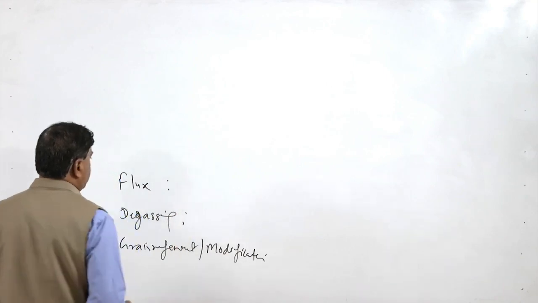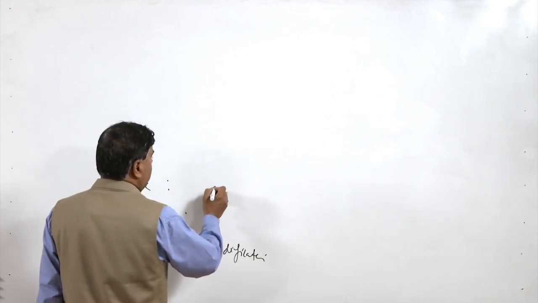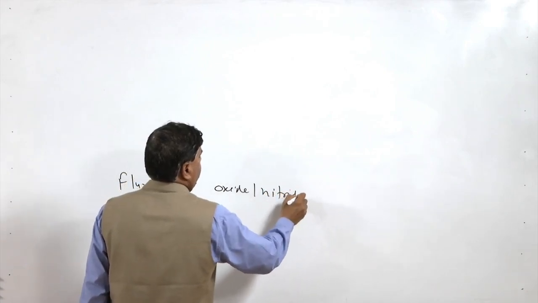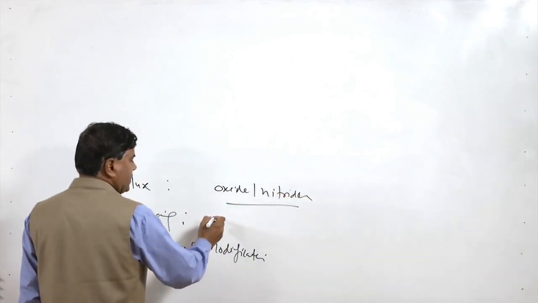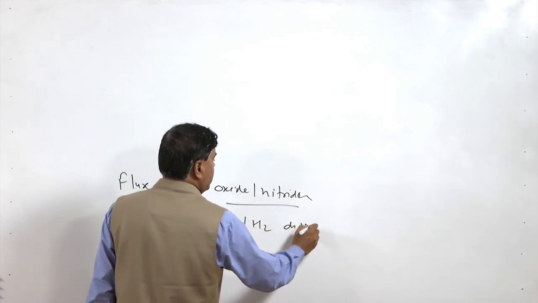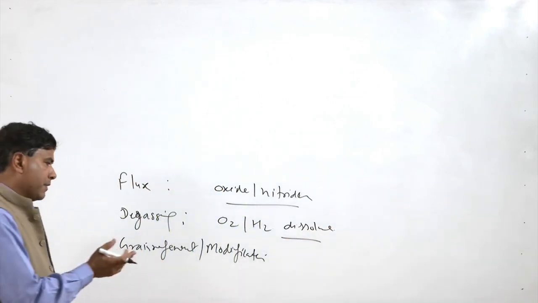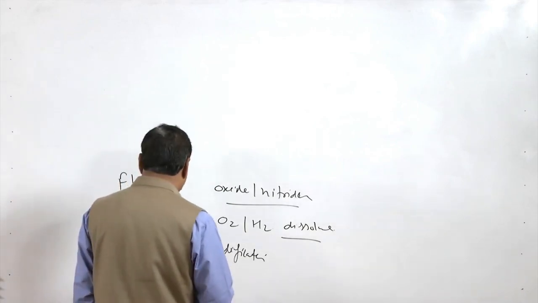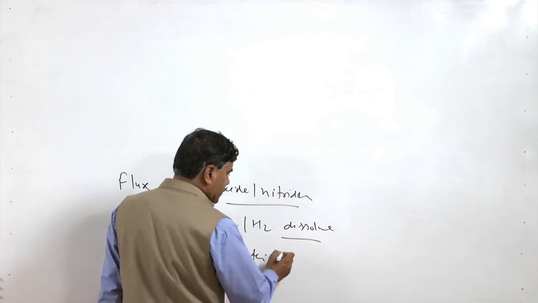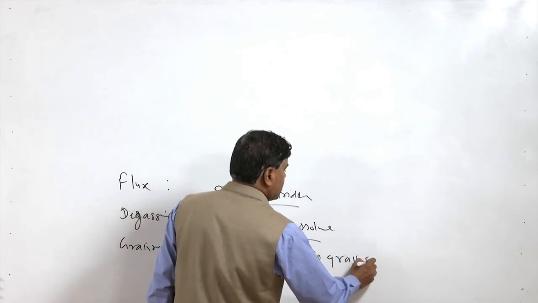So, the fluxes are used to take care of the oxides and nitrides, and degassing is used to remove oxygen and hydrogen if these are in the dissolved condition. Different compounds are used for the degassing purpose, and the grain refiners and modifiers are basically used to refine the grain structure,